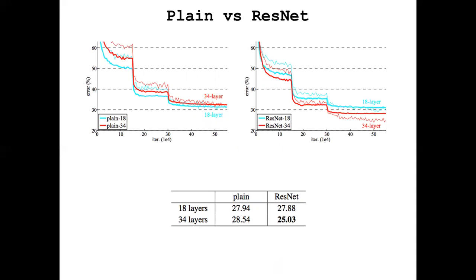Also, if we look at the plain neural network or AlexNet, we can see that increasing the number of layers actually has a negative effect, and it makes the neural network less accurate. But in the case of ResNet, adding more layers made it more accurate, and because of that,